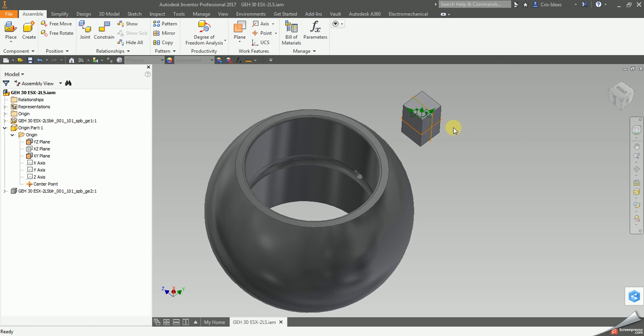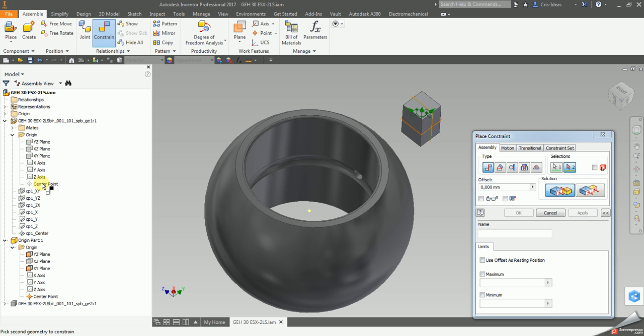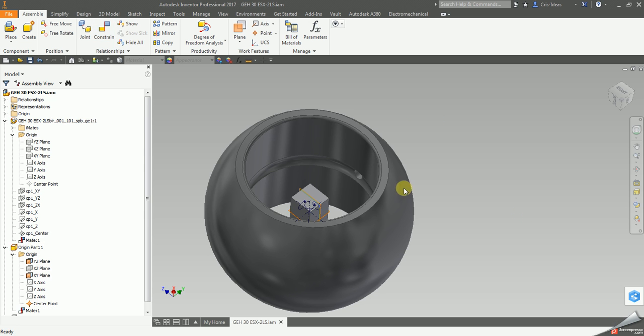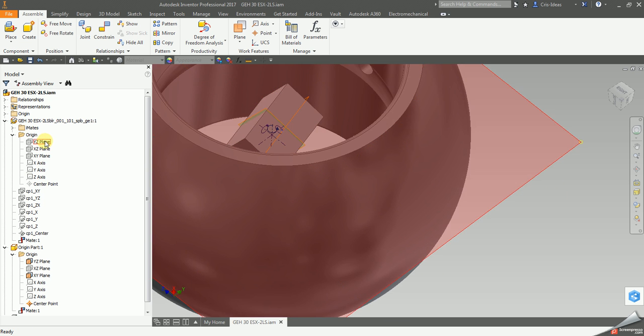I will now constrain the center point of this origin with the center point of the sphere. This reduces all three translation degrees of freedom, and as we can now see, this cube can now rotate in any direction. I will now constrain